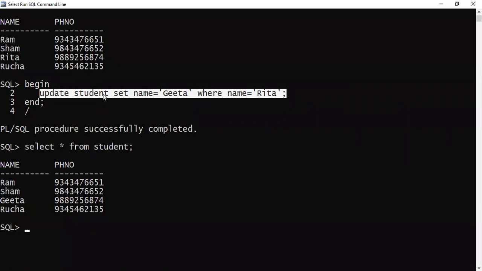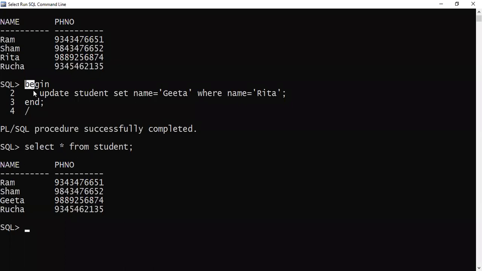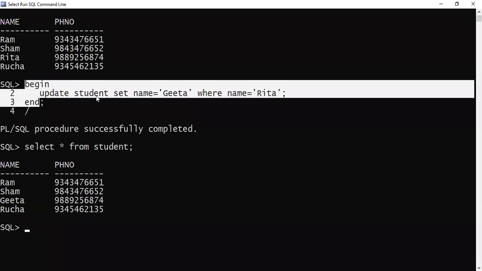It is something like, if as a customer I go and want to modify the form, they will not allow me to go into their cupboard, and they will not allow me to touch the file. The clerk in the bank will take out the file for me, and that form they will take out and give it in my hand. Now you can change and give it to me, and they will keep the form back. So similarly, what Oracle does is, it will not allow this PLSQL program to perform any updation.